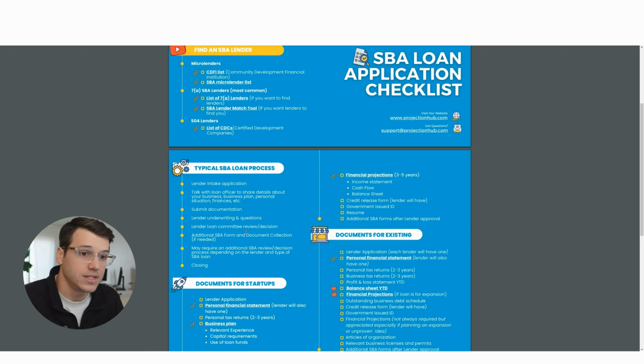If it's a guaranteed loan, different SBA lenders have different levels of authority, it's called. If they approve it internally, they might be able to move forward with collecting additional SBA documentation, then just close the loan on their own. Or some lenders defer to completing a package and sending it off to the SBA to get that reviewed. It just takes more time. But that's going to differ between different types of lenders. But typically, let's say the committee approves it, there's going to be additional SBA forms that have to be filled out and signed.